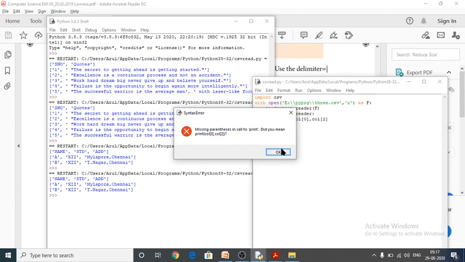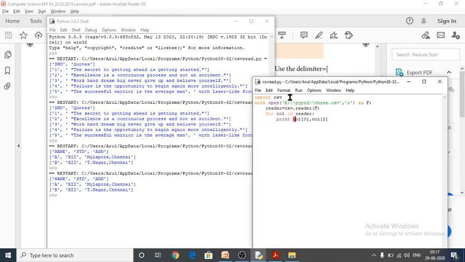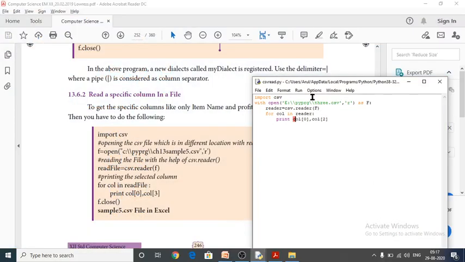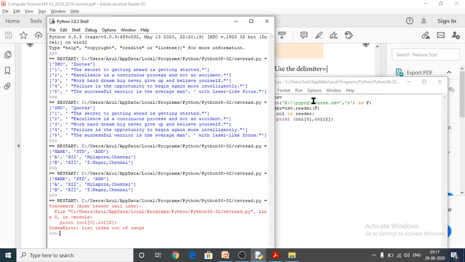Did you mean print? Okay, so here parentheses are missing. Yes, we see the book has given us a wrong one. Here we have to give parenthesis. Save and again execute your file.